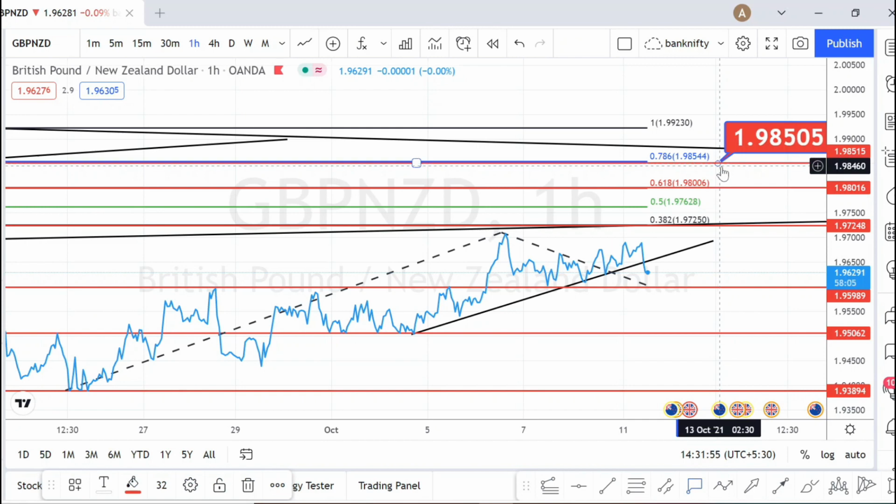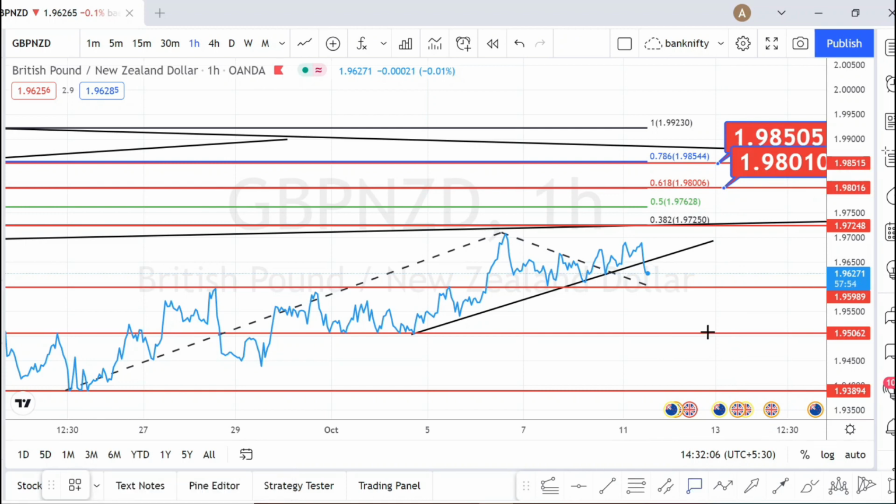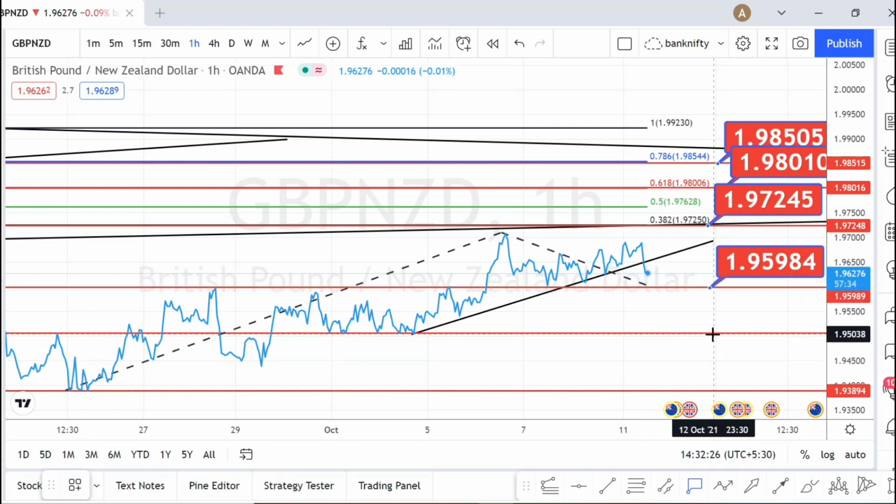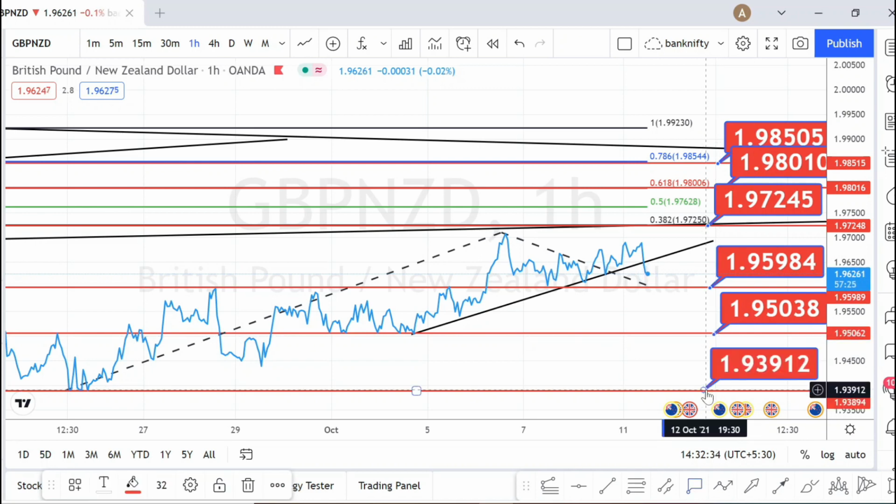The upmost resistance level is 1.98505. Next resistance is 1.98010. Next resistance is going to be 1.97245. Presently it is on a downtrend, and first support is going to be at 1.95984. Then next support is going to be 1.95038, and next support is going to be at